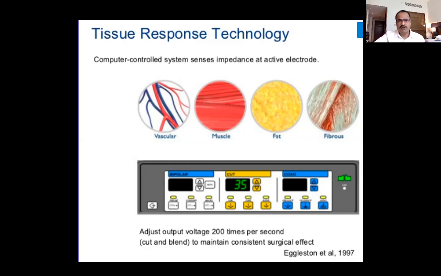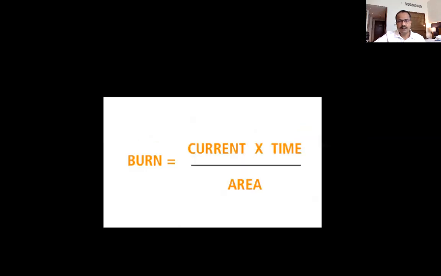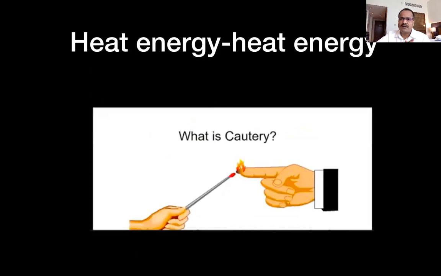So I think we have been able to explain voltage, current, and resistance. Now there are other terms as well which are wrongly used. We call the electrosurgical unit "cautery". Why we should give away this term is because cautery is a wrong nomenclature. We should not use it for that electrosurgical machine. We should not call it cautery, which is routinely called.